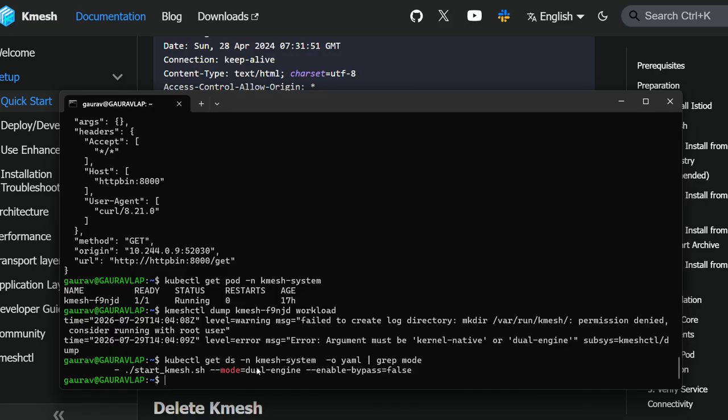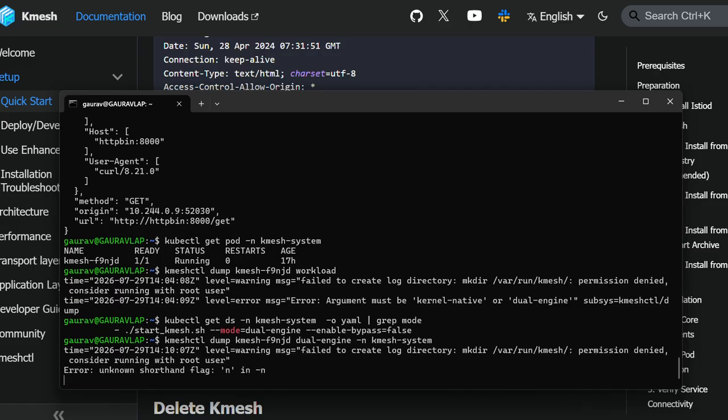Let's run it with the mode, whatever our ID was. See this error?